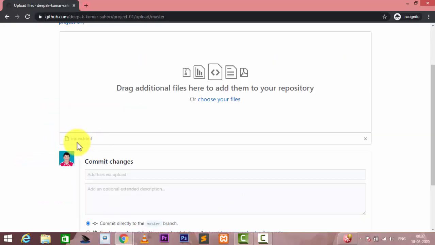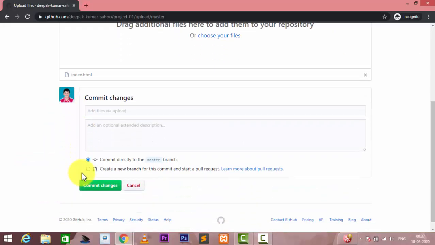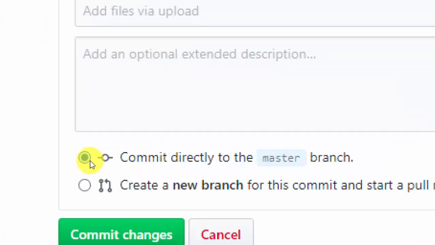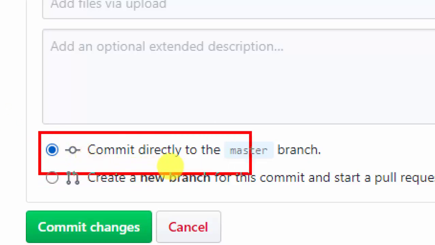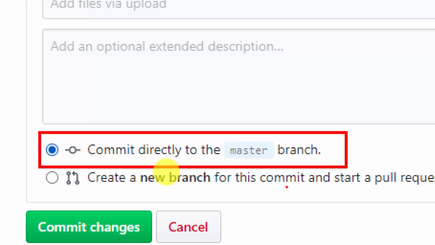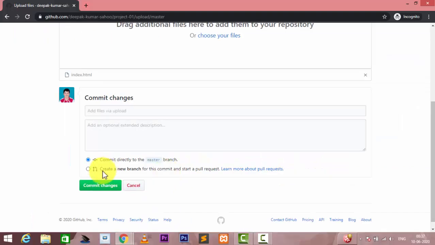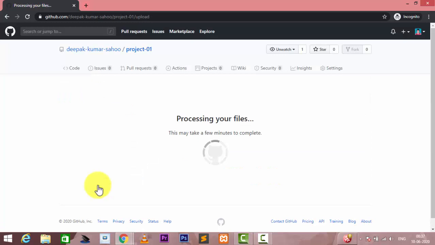You can commit it, or you can create another branch, or you can simply store it in the master branch. So simply click on the master branch. No need to worry about this for beginners. When you understand the entire thing, you can go deeper, no problem. Okay, this is the content, and then commit changes.